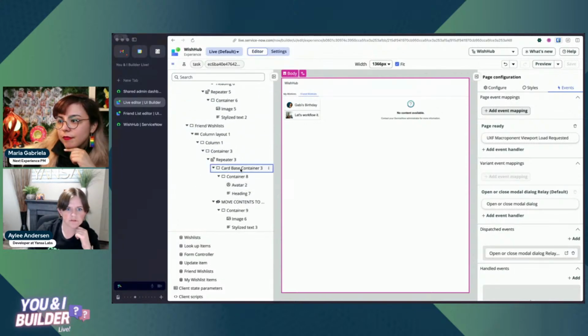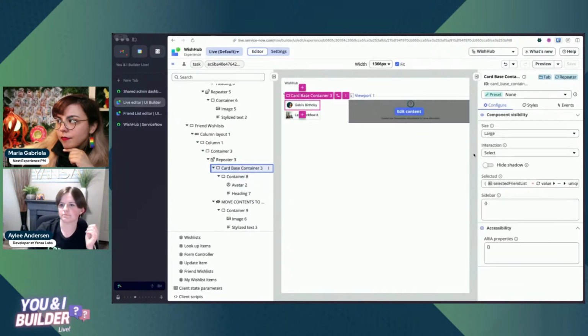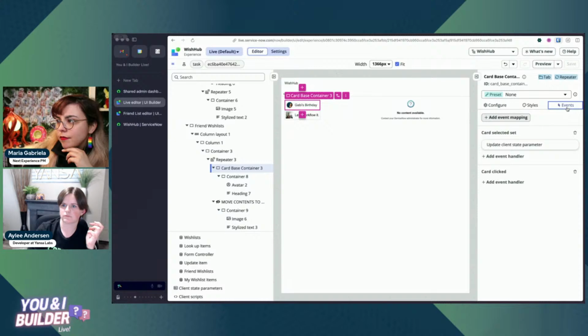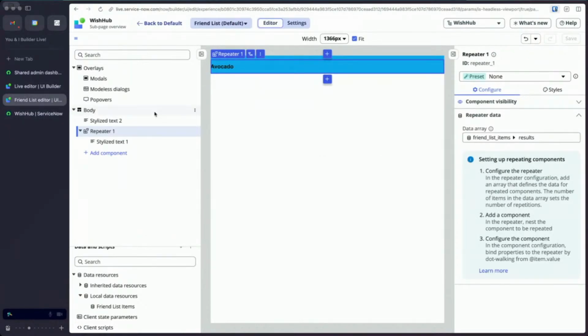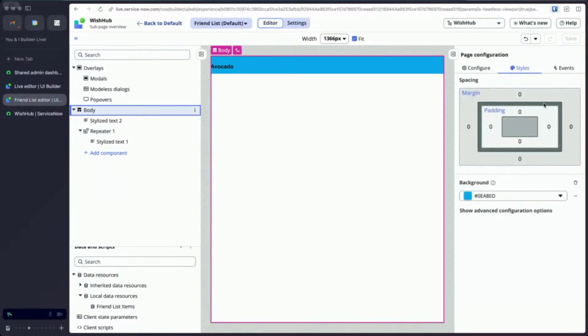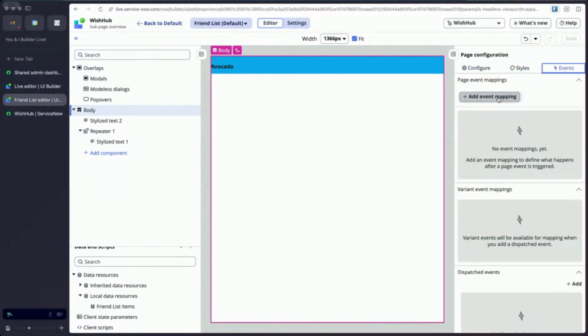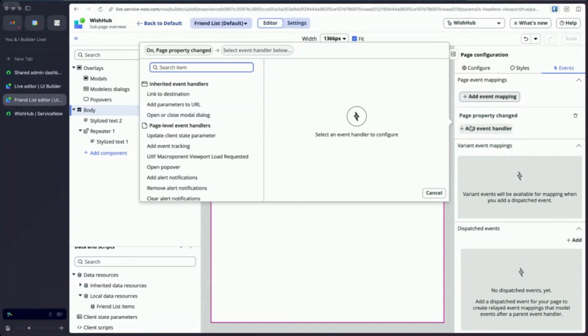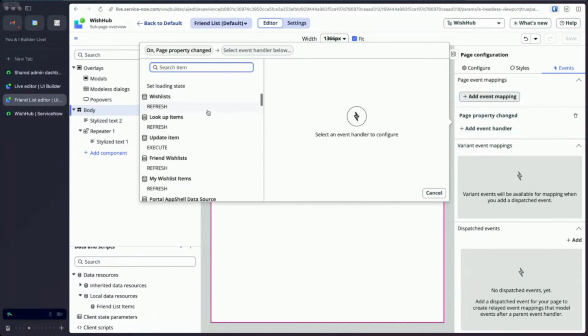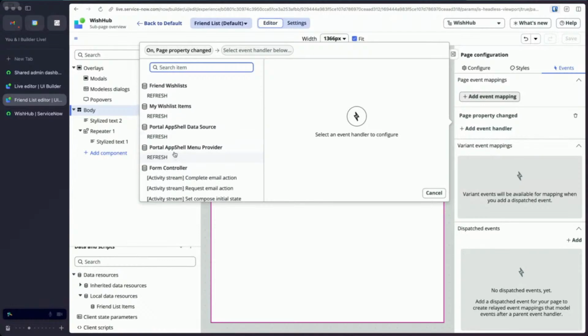Where'd our card go? Here's our card. Select hard shadow, update client state. Okay, so let's put on here. Another thing that we could do that might be better, because then we don't have to change it in as many places, is on the body. Isn't there an event to take care of if something changed? Yeah, page property changed. So if a page property, so that way if the state changed,